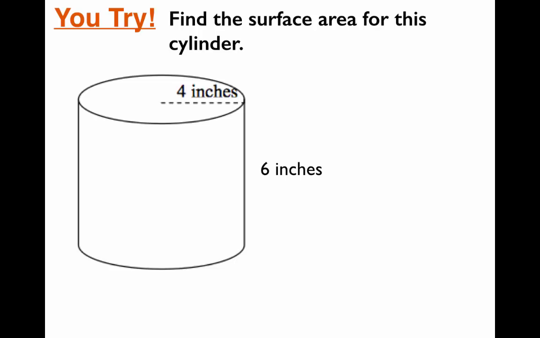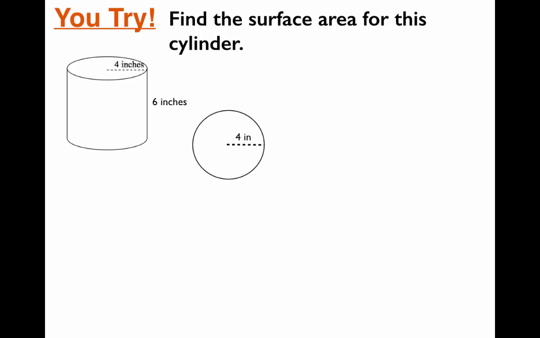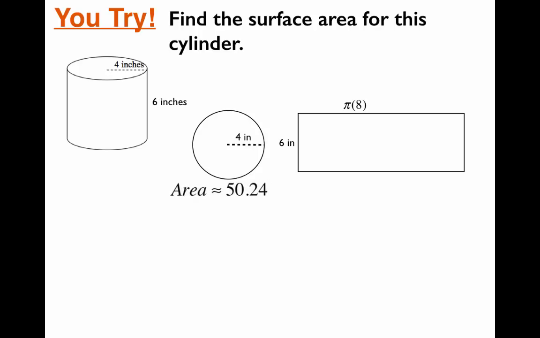All right, guys, you are ready to check your answer, I take it. So we're going to see how we're doing here. First off, let's start with the top, which has a 4-inch radius. The area of this circle, and then we'll do the area of the rectangle. Now the rectangle, you should have got dimensions 6 by 8 pi. So the area of the circle turned out to about 50.24, and the area of the rectangle turned out to